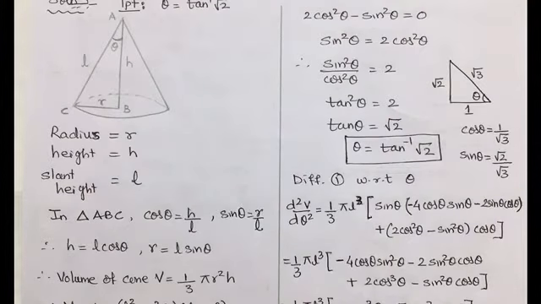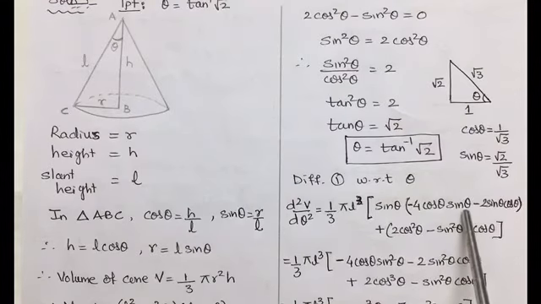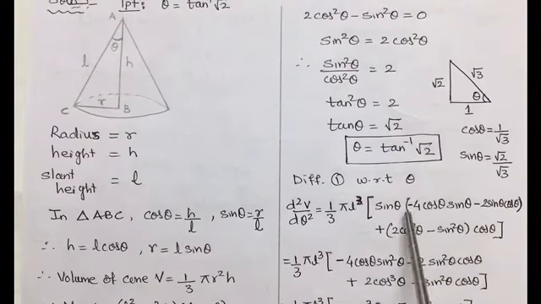Now again differentiating the first derivative with respect to theta, we get the second derivative. So using the rule of multiplication, we get d square v upon d theta square is equal to 1 by 3 pi l cube, constant sin theta as it is. Derivative of cos square theta becomes 2 cos theta, and again the derivative of cos theta, that is using chain rule, we get minus sin theta,